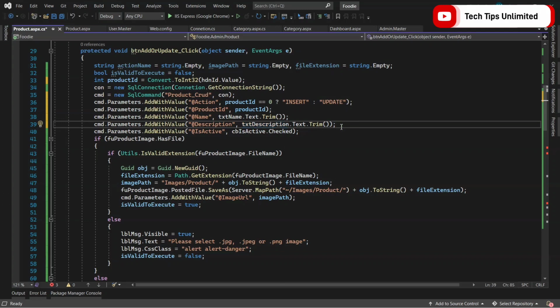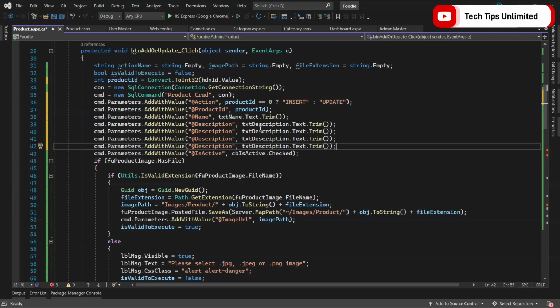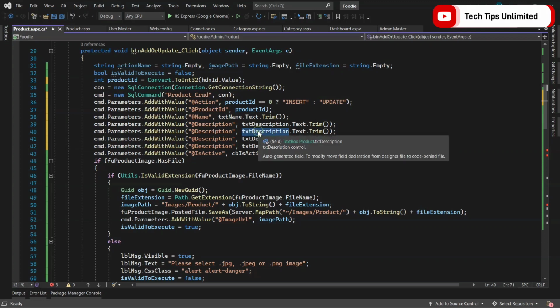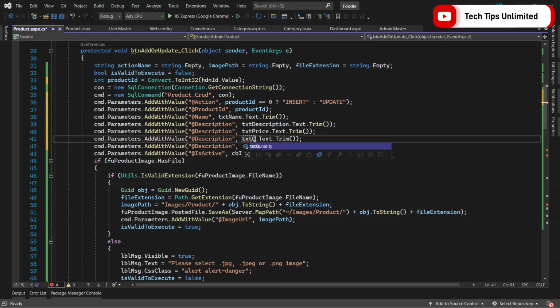After description we want price, quantity, category id. So let's copy this parameter and paste it three times. Here we'll take price, txt price, then txt quantity, txt quantity, then here